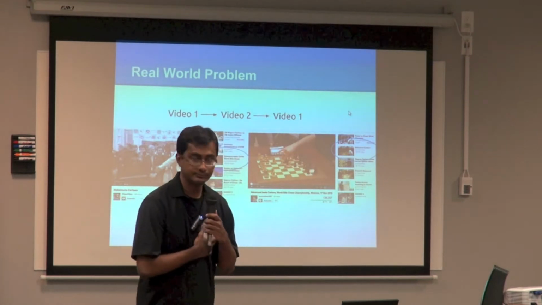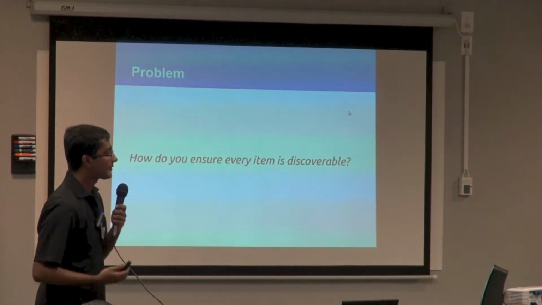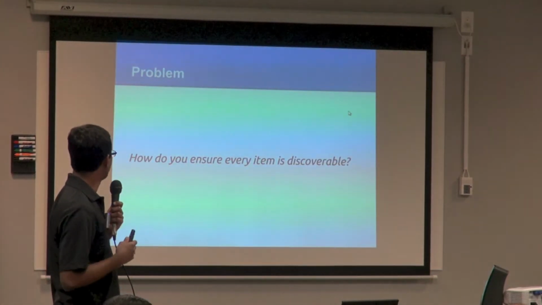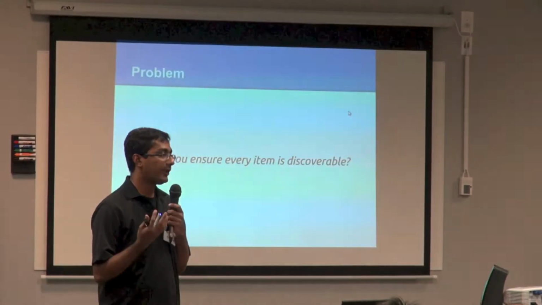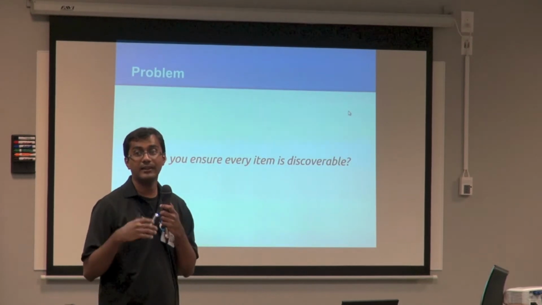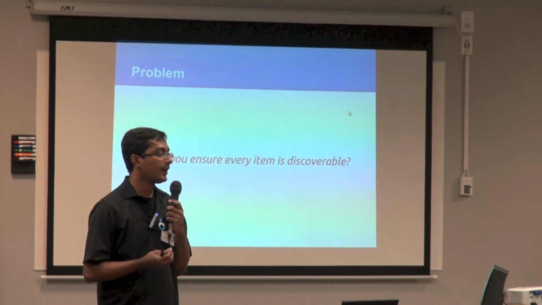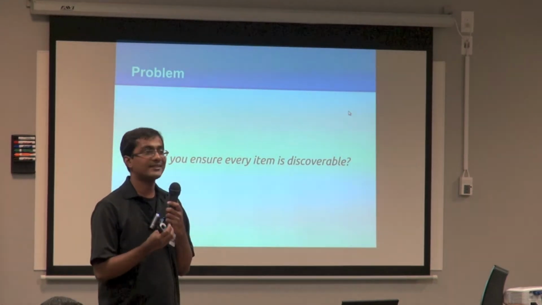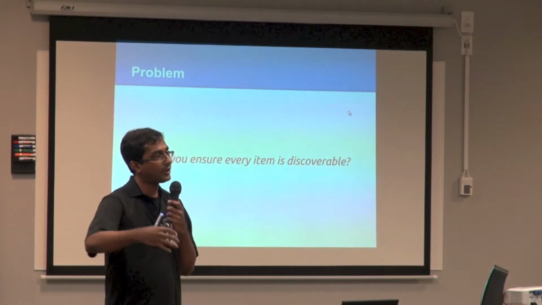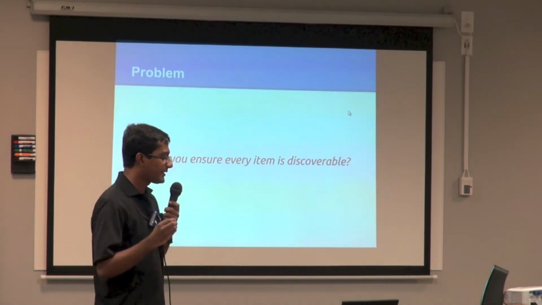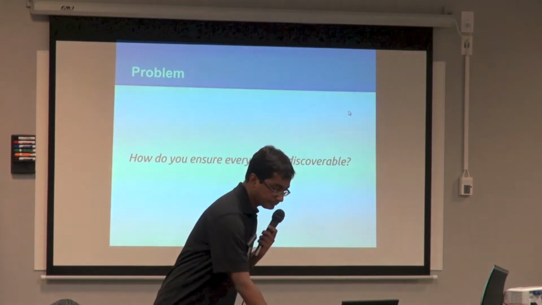Make sense so far? Okay, cool. So for today, this is close to the heart for BloomReach as well. But for today, what we're going to focus on as a theme is how do you prevent items from not being recommended at all? Very simple question, the most basic question you can ask in these systems: how do you make sure that every video is at least recommended by someone? If you can answer that, then you can build more on top of that. How do you ensure every video, every item is discoverable? That's it.